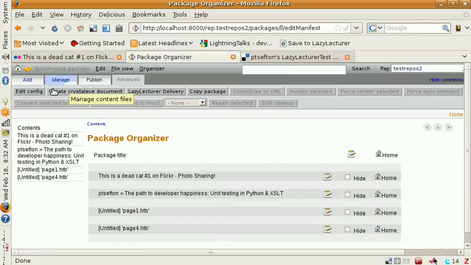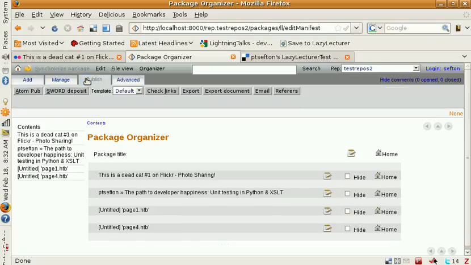The ICE system has a number of ways to publish this content. So I can publish it by adding a post to a blog. I can deposit it using SWORD into a repository. If I want to put this into my local ePrints or DSpace or whatever, I could use this button. And I can export it as an IMS package, which can then be uploaded into a learning management system. Or I could just turn up with ICE and use this to go through the resources with my class. The other thing I can do is, I click on this one,